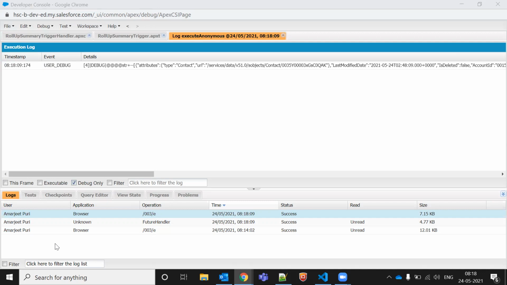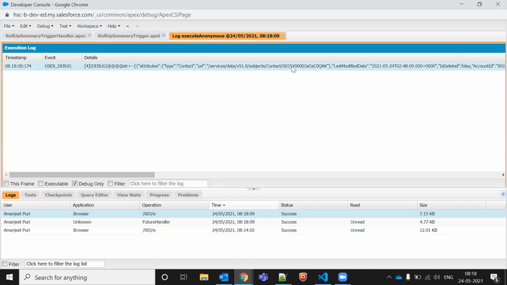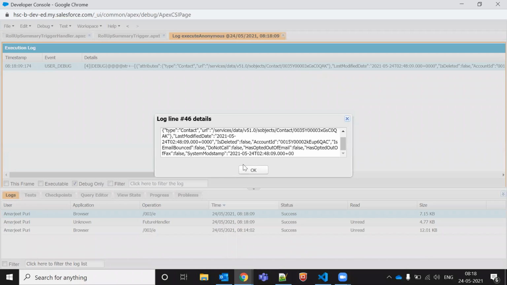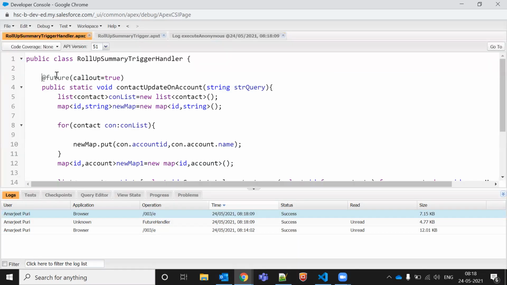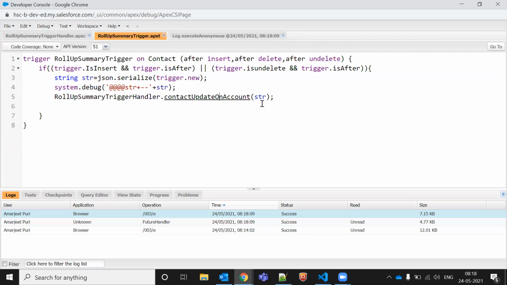Sorry. So why I'm doing the serialize and deserialize is because if you are using the future method and doing the callouts, and even in case of without callout, if you're using the future method, in that scenario we cannot pass a list of contact or list of account. If I want to call a helper class in the trigger, I should have Trigger dot new. What is Trigger dot new returning?